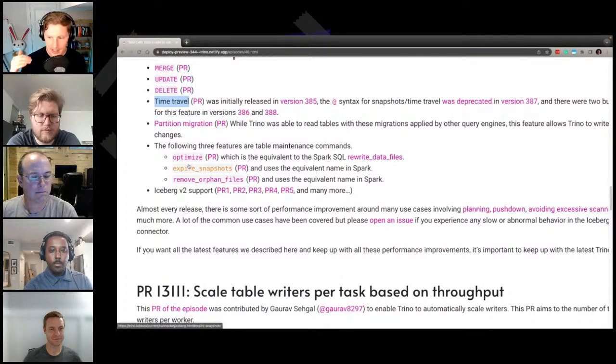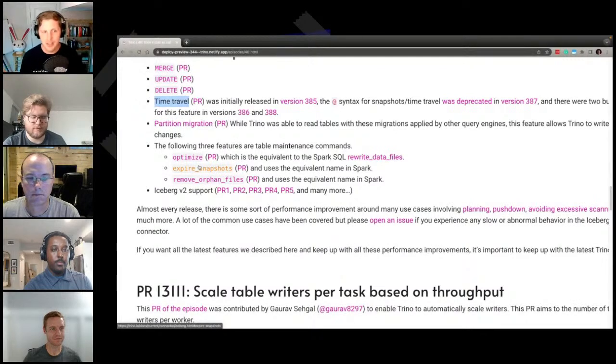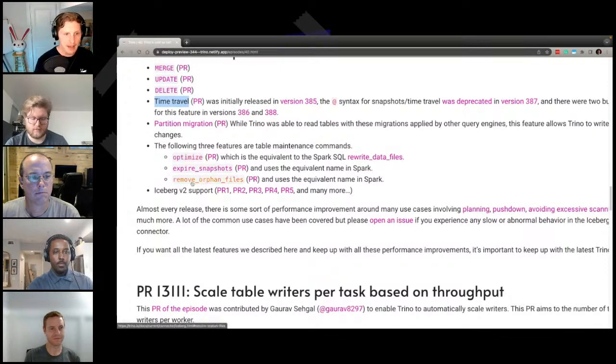When Tom was talking about all of these things that you typically want to do in a database, you want to be able to run optimize and expire older snapshots so that you're maintaining speed, all this good housekeeping around your database. These are things that we have also included, and these are the first three. There are a couple of other ones en route, but these were the top three requested ones. Being able to do the equivalent of vacuum, removing orphan files, and expiring snapshots gives you a lot more performance whenever you're running these types of plans.